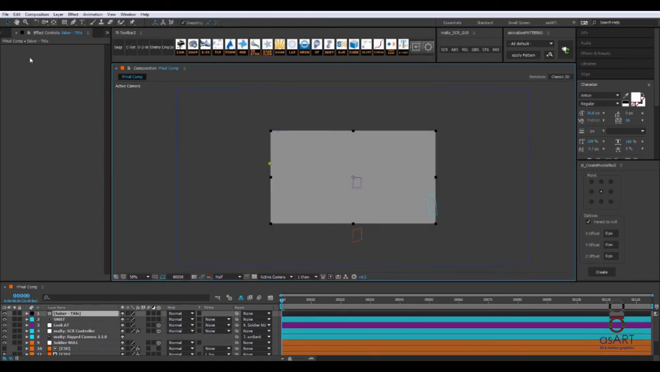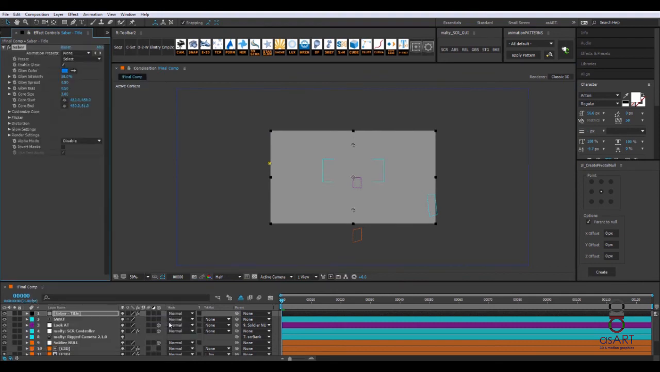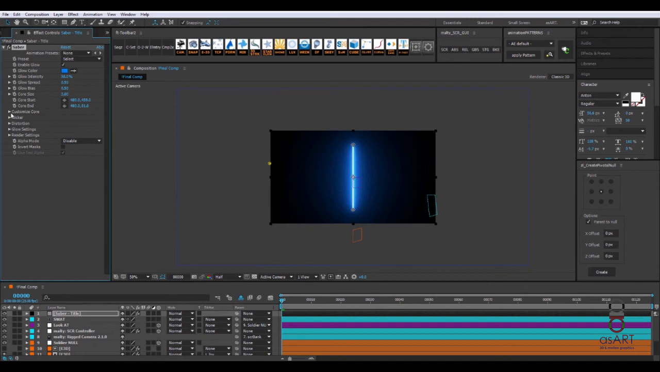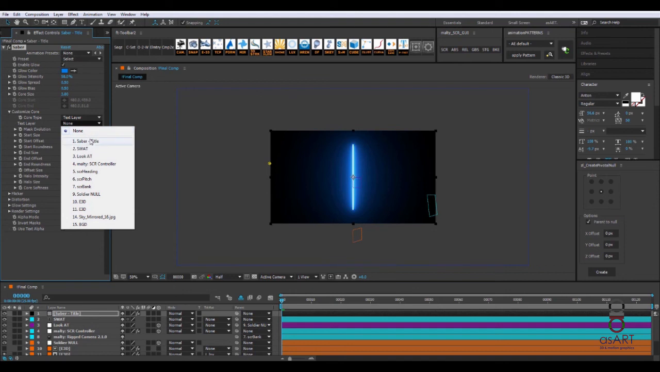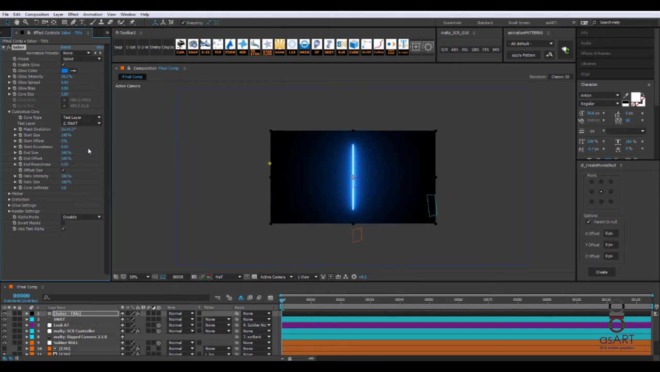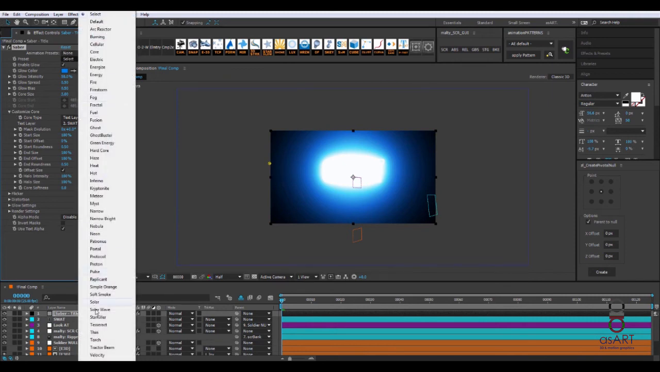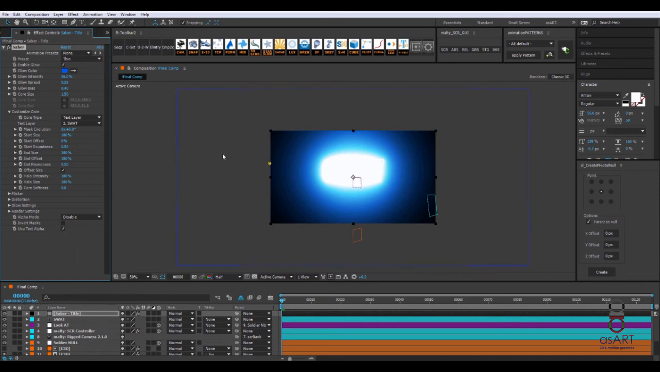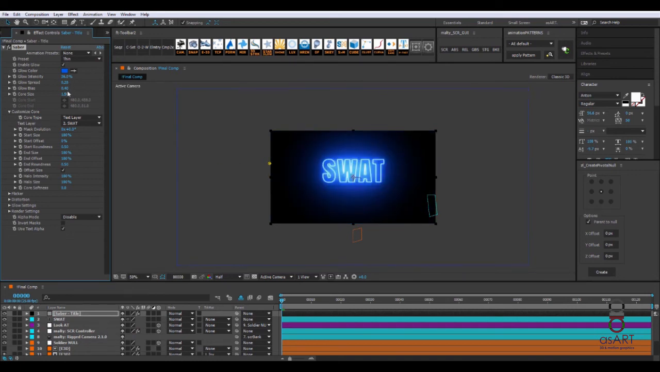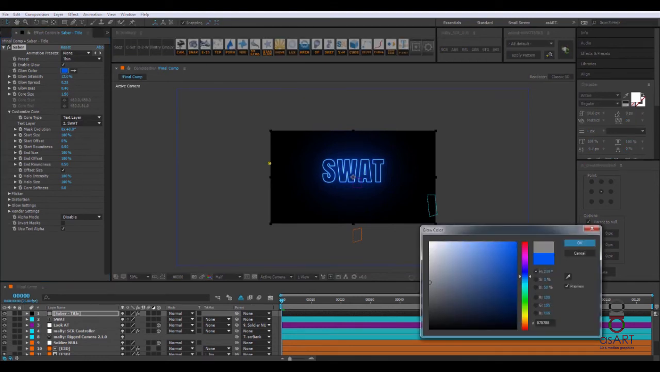and in my effect controls, right click Video Copilot SABER, go to Customize Core and select Text Layer, and go and select SWAT as our text. Then we go up to presets and we go for thin, which is looking good here, and intensity I'm gonna bring it down like this. The color I'm gonna change that to a light grayish color here,